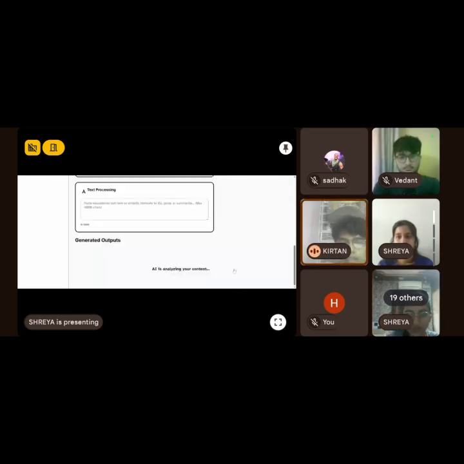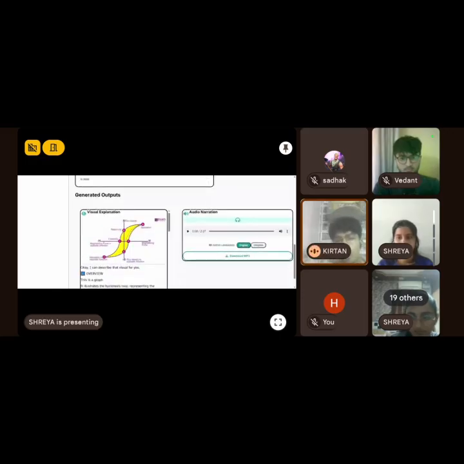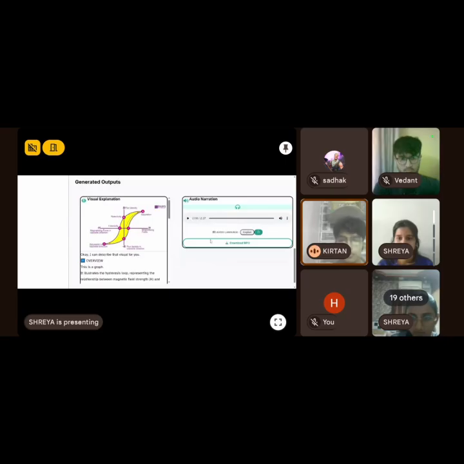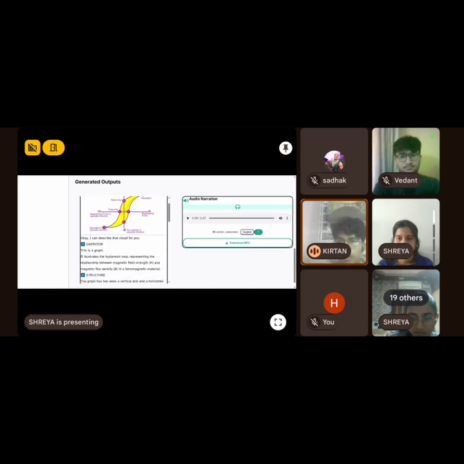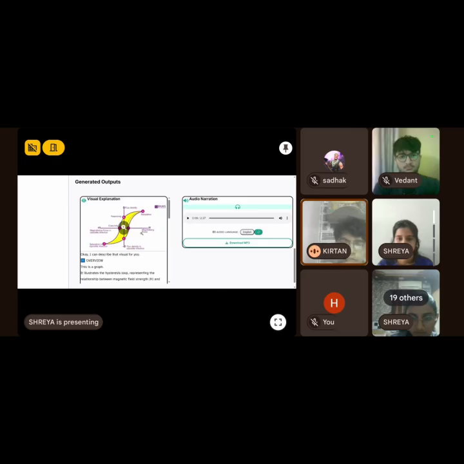So when the diagram is being uploaded, it is analyzed through Gemini Vision. Then Gemini 2.0 Flash creates a description of that image, and that description is getting converted to audio narration by Google Text to Speech. Here we have provided two language options, English and English. English is for better understanding as teachers use English language to understand the concepts in the class.